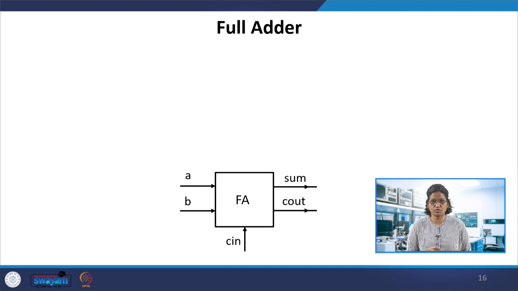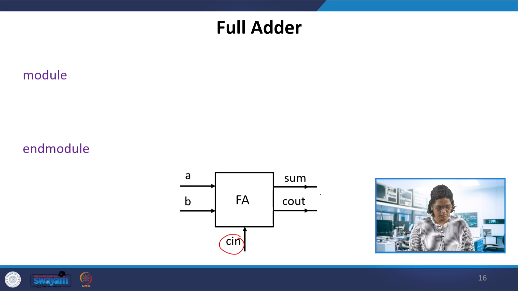So coming to the full adder example. You can consider the circuit inside, which I think we will be knowing or will be doing. There are two inputs A, B, and the carry in input as well. You're adding the two inputs, and the carry coming in also has to be considered in the full adder. So the outputs are sum and Cout.